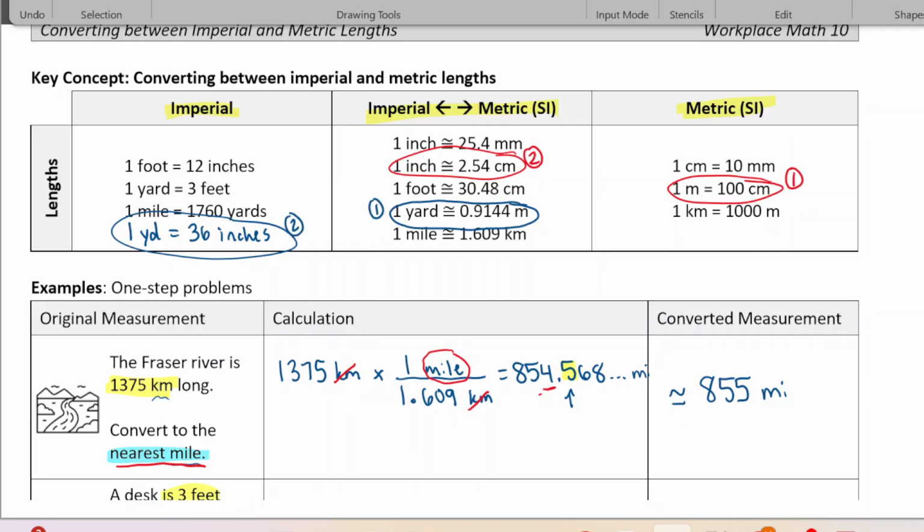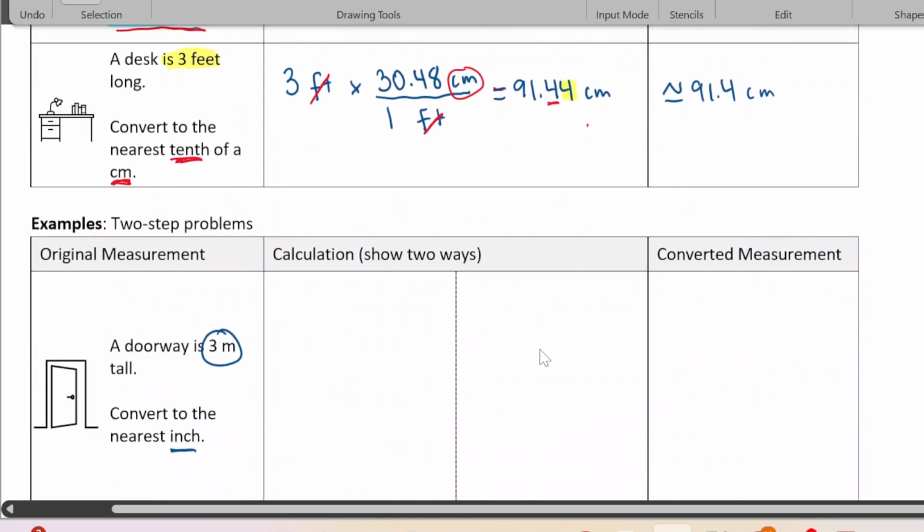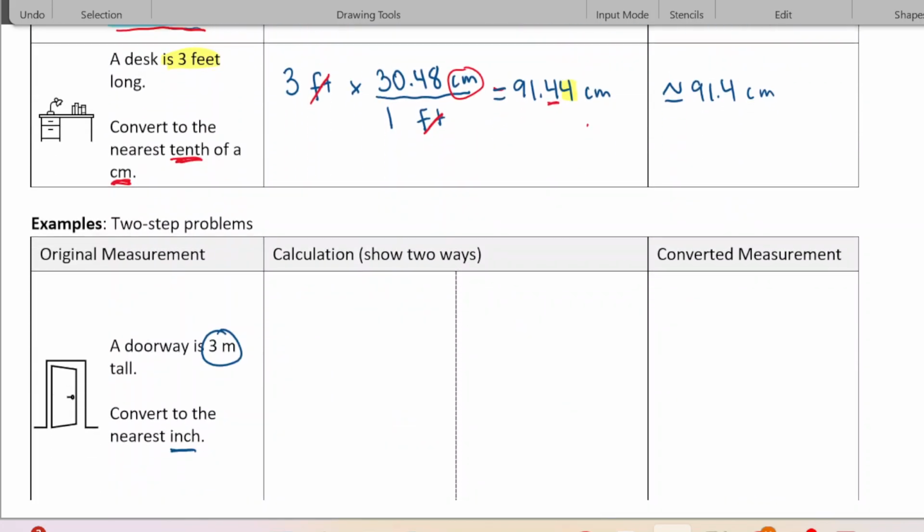Okay, so let's do the first one first. I'll go meters to yards and then yards to inches. Okay, so I want to go meters to inches. So I'm going to start with what I have and then multiply with where I need to go. So I'm going to go meters to yards to inches. So there is, if you look at the chart, 1 yard has